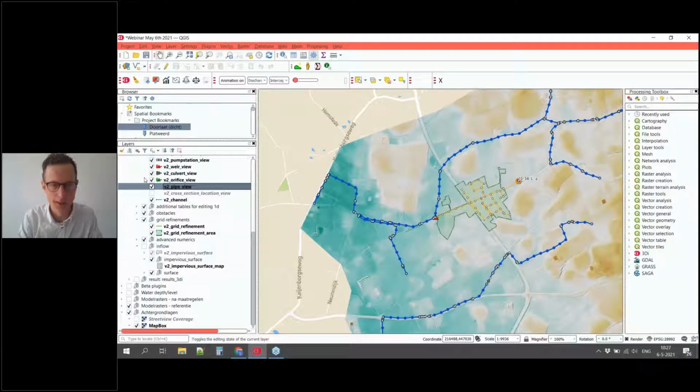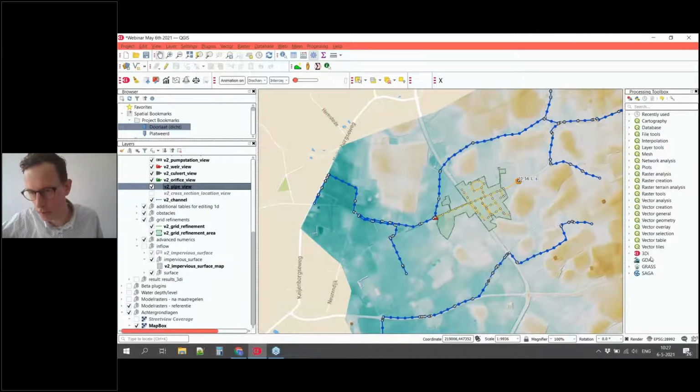this is still the case. But for those of you that do not have such a subscription, it can be pretty difficult to make a water depth map from your raw results. And now this has become really easy as well. So in the processing toolbox,